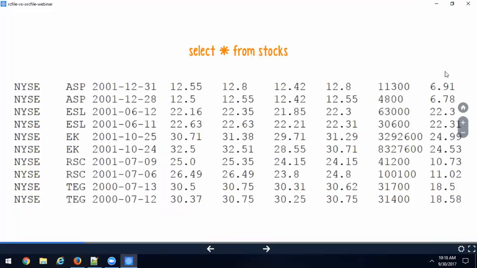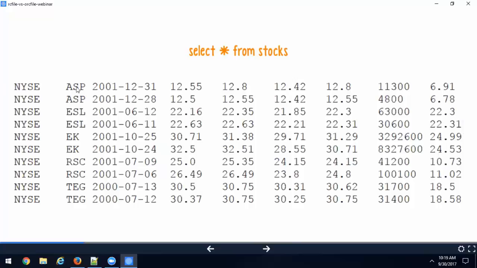Okay, let's take a look. My query here is select star from stocks. Assume we're querying MySQL, SQL Server or Oracle. Let's not even talk Hadoop; we're just learning some basic concepts here. When I say select star from stocks, the database will go through the records as they are laid out on the disk.